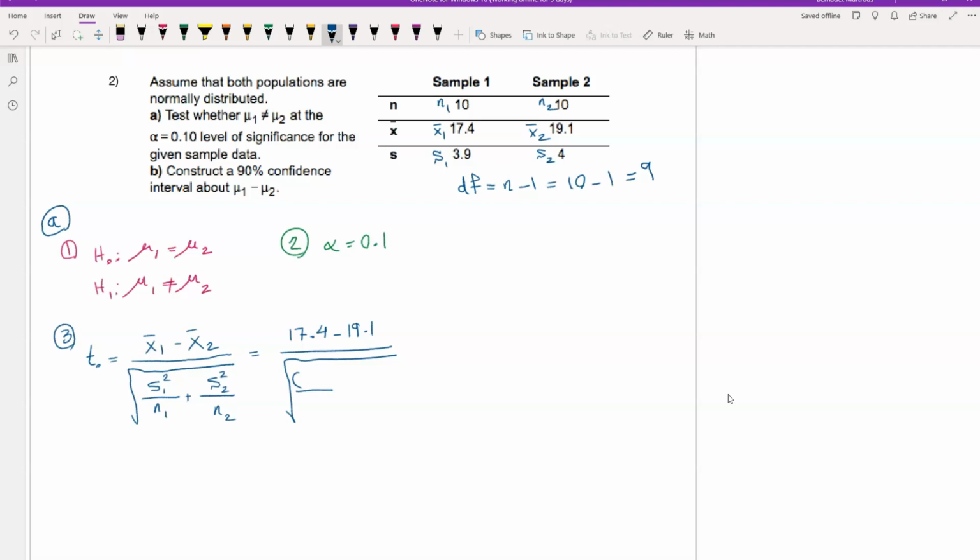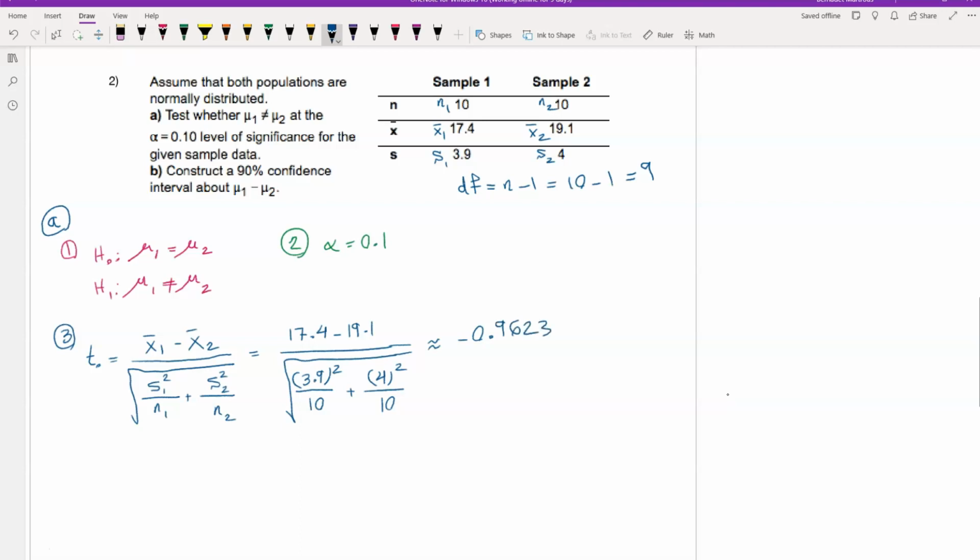Standard deviation 1 is 3.9. And 110. Standard deviation 2, that is 4. Divided by sample size. Here on this part, I'm going to round, for example, to 4 decimal places. It's negative